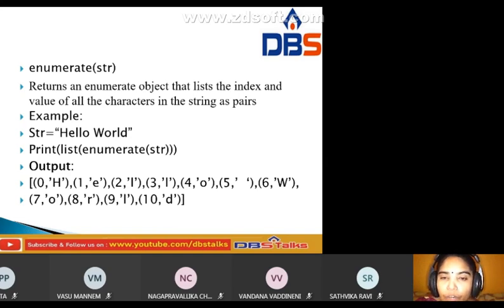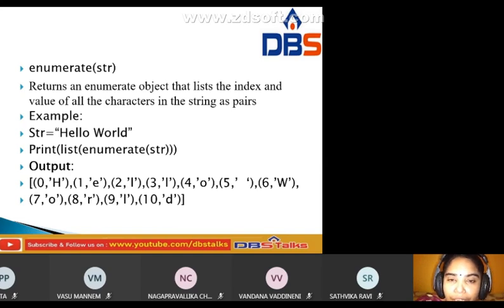What is the output here? A list is a collection of elements, and it is represented by square brackets. By using this method we get output like this: it prints the index and value of the characters in the string as pairs.